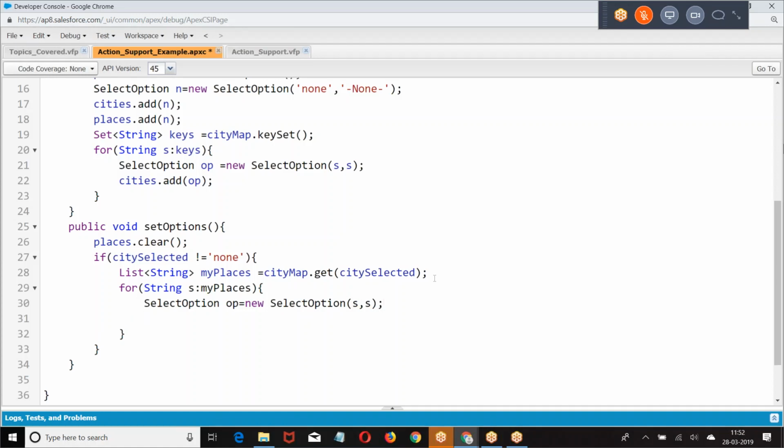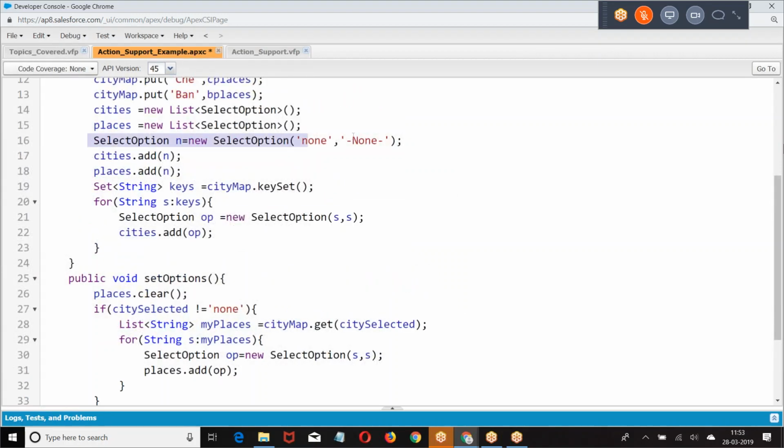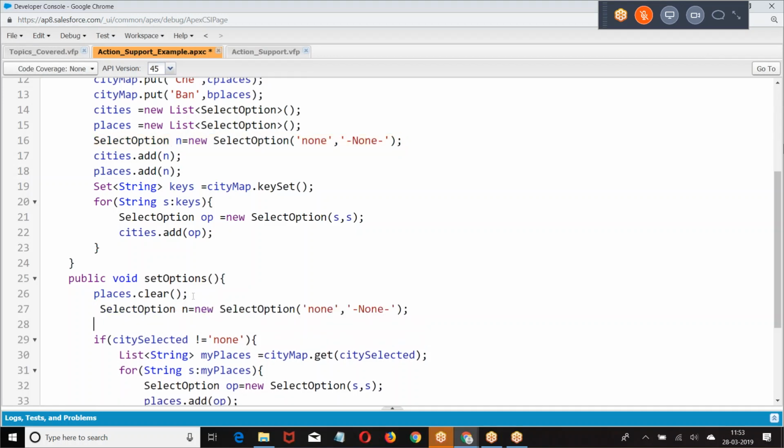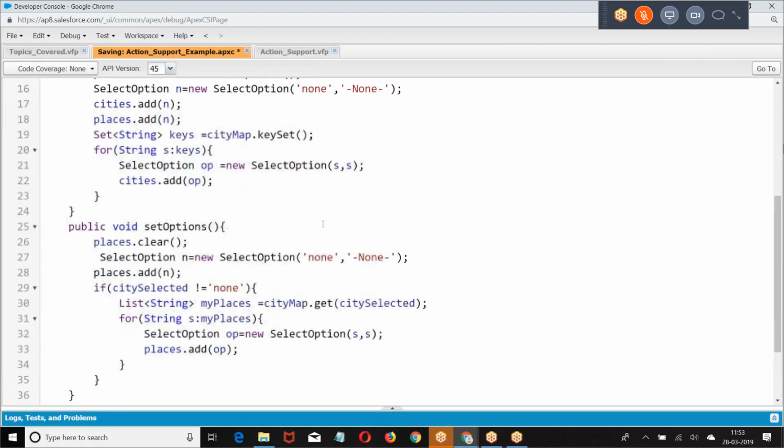Then we're giving, then in both the cases I have to add the none option. So look at this. If the city you have selected is Hyderabad, get me Hyderabad places, add it to the places list. If the city you selected is Chennai, get the Chennai places, add it to the places list. This is what I'm doing.